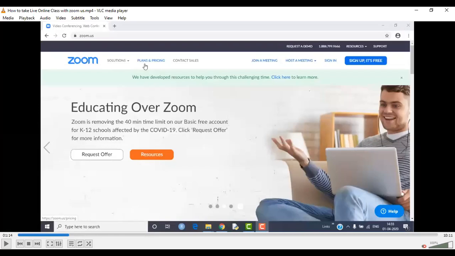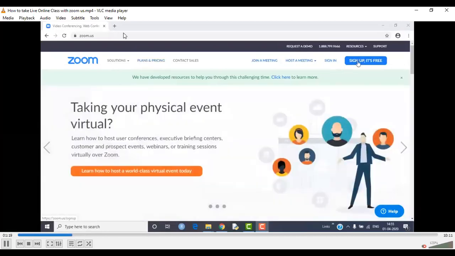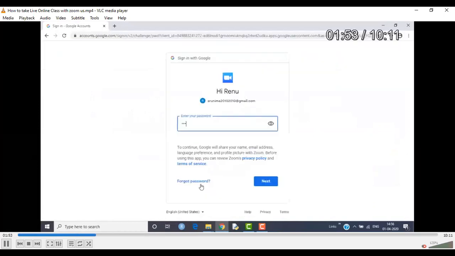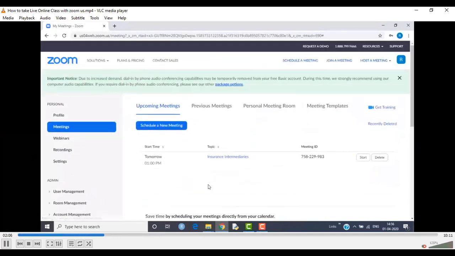Okay, let's see. So you go to zoom.us on the internet and you can sign up, but obviously we all are members of it considering we are all in a Zoom class right now. You just have to sign up. It's free. Just put in your email address and sign up. It's absolutely free. Once you have signed up, you just have to go to schedule a meeting. You go to meetings over here. You go to schedule a new meeting, or you can use the schedule meeting option from the screen that I showed you.